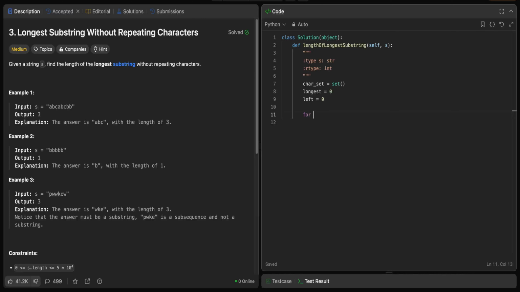So we say for right, char in enumerate of s. So this in every iteration will give us the right pointer and the character where the right pointer is currently pointing at. Now let's handle the case where the condition is not met. So if the condition is not met, when is it not met? It is not met if char is already part of char set. So while char in char set,